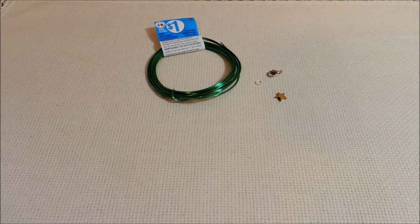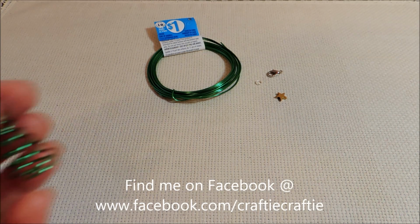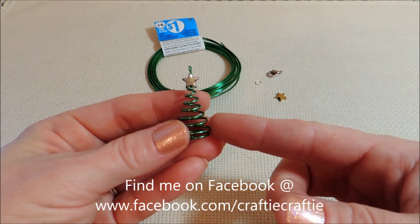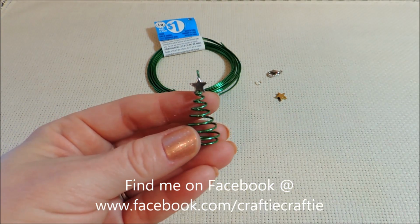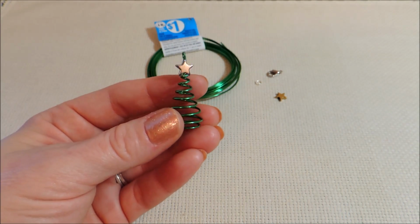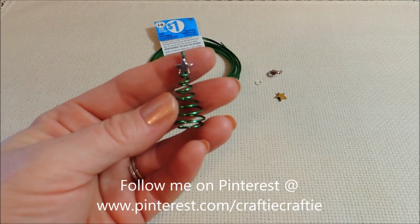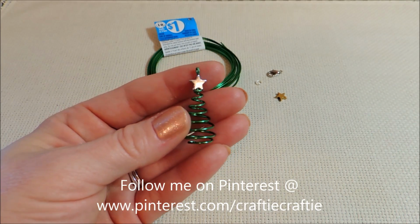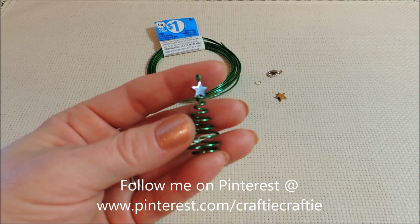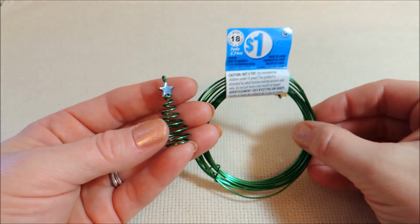It's Michelle, and today we're going to be doing a wire wrapping project. We're going to be making a Christmas tree wire wrapped pendant, and it's very, very simple. If you've never done any wire wrapping before, I promise you can do this one. It is so simple. We're just going to make a wire coil Christmas tree with our 18 gauge green colored